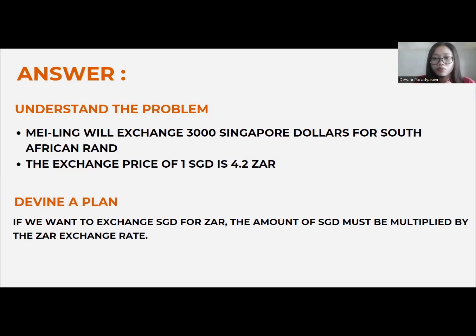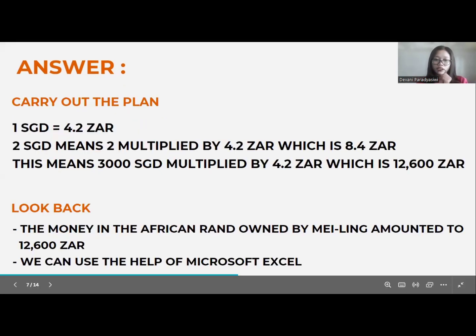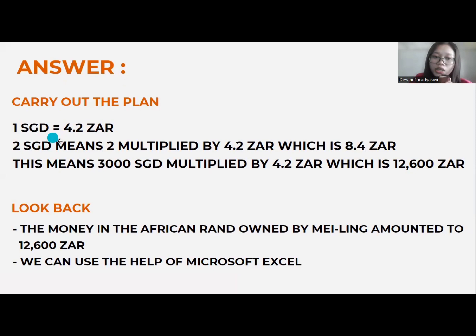After we define a plan, we use the plan to find the solution. We know 1 SGD equals 4.2 ZAR. So if we want 2 SGD, that means 2 multiplied by 4.2 ZAR, which is 8.4 ZAR. For the problem, Mei-Ling exchanged 3,000 SGD, so 3,000 multiplied by 4.2 ZAR